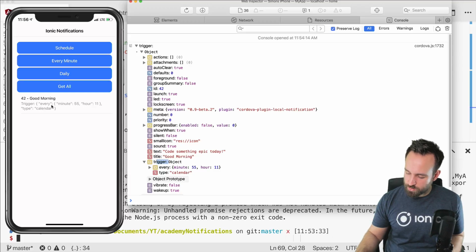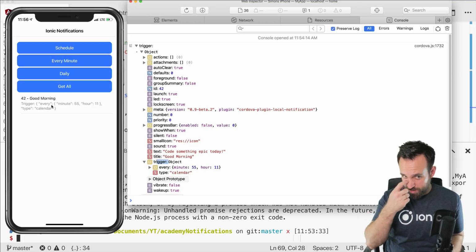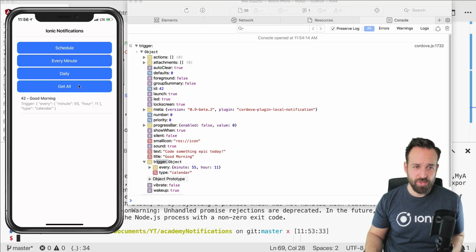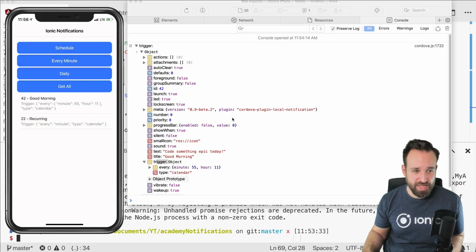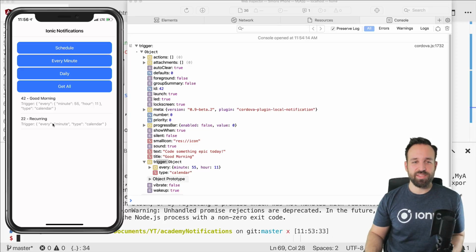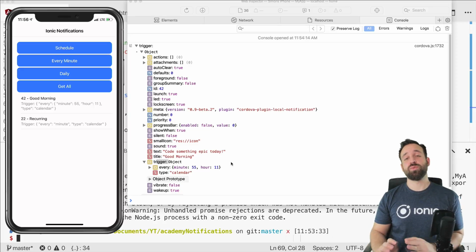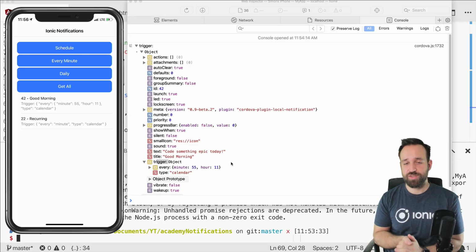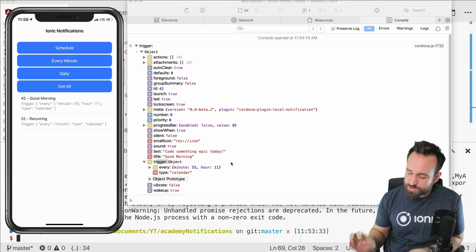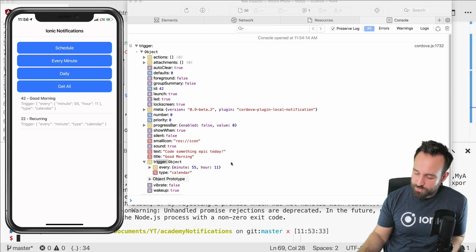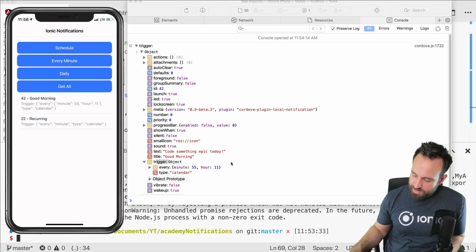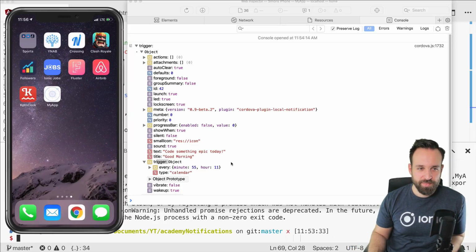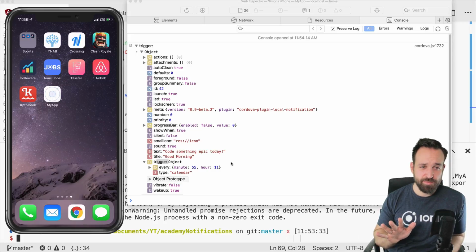Now let's set one for every minute as well and get them all. Now I'm confused, I'm clicking in this view, but I have to type on my device. So now that is also triggered and we just have to wait for a minute until the notification arrives. But in the meantime, let's also try the schedule one from top and also move the app to the bottom. Yes, these are a few of my apps. And now 5 seconds pass and we should see,